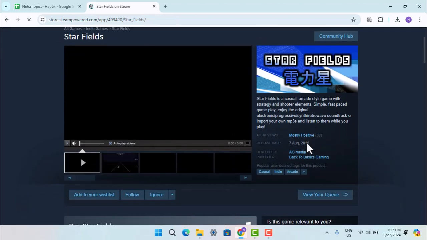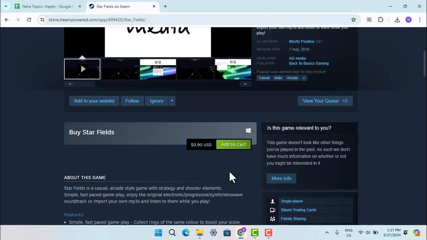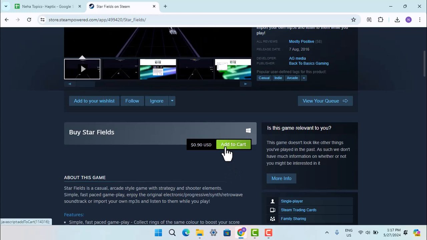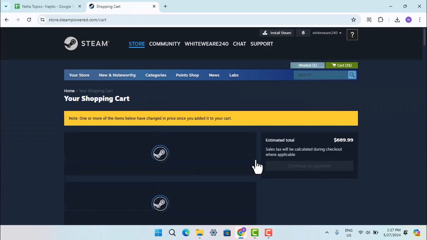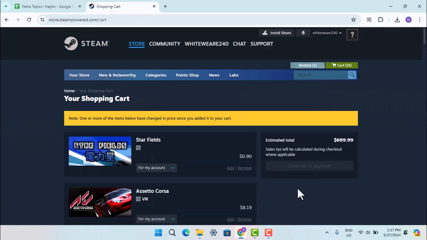And here you could go ahead and read all of this information and continue the procedure. So click on add to cart and go ahead and click on view my cart. When you've done that, it's going to take you to where you can go ahead and check out. So here, go ahead and click on continue to payment, add your payment details and all that, and you'll have successfully bought the game. As you're done buying the game, or that you've already bought the game, then you have to create your account and you can start playing Starfield on PC or laptop.